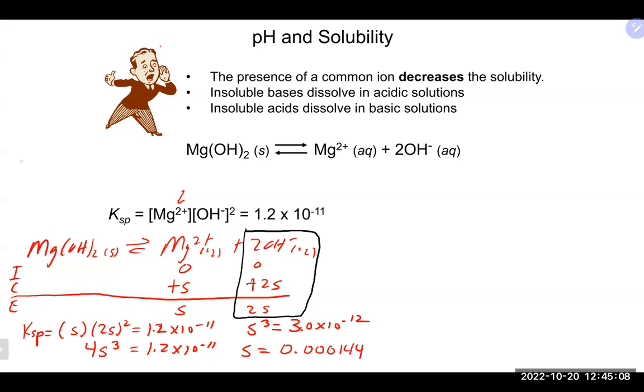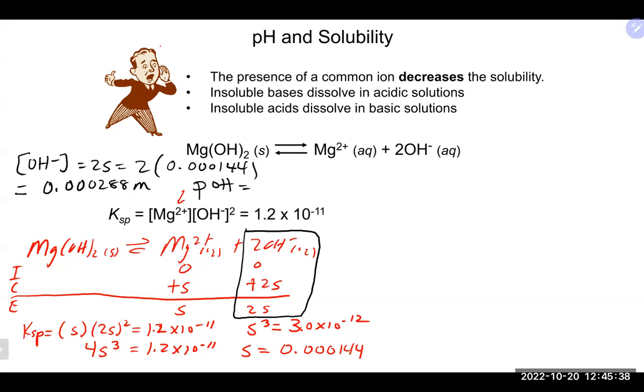So if we get the concentration of hydroxide here, which would be 2 times our S value we just calculated there, 0.000144, that will give us a concentration of 0.000288 molar. That will give us a pOH of,